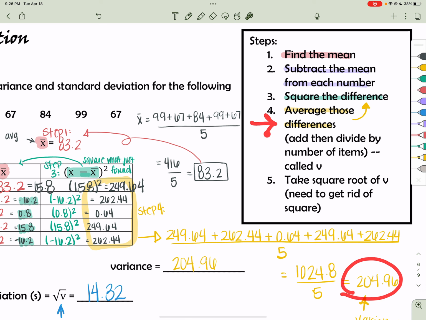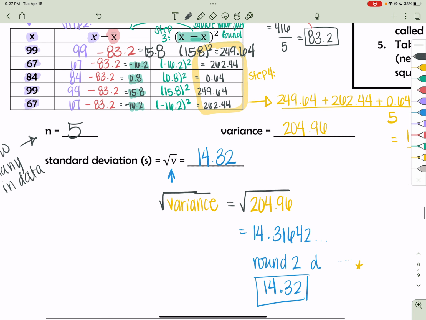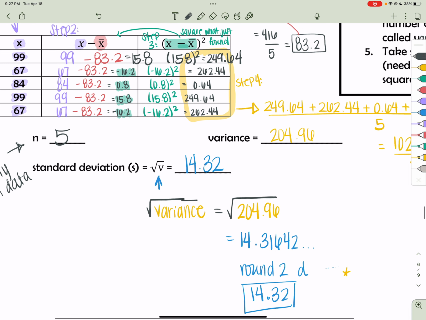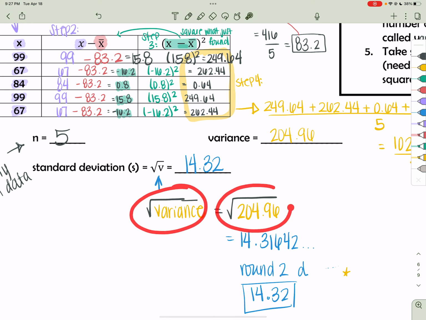That is number 4. Average those differences. That is going to give you V. So it says called V. V stands for variance. And then to find the standard deviation, I'm going to take the square root of V, which is what it says in step 5. To find the standard deviation, I'm going to take the square root of the variance, square root of 204.96,